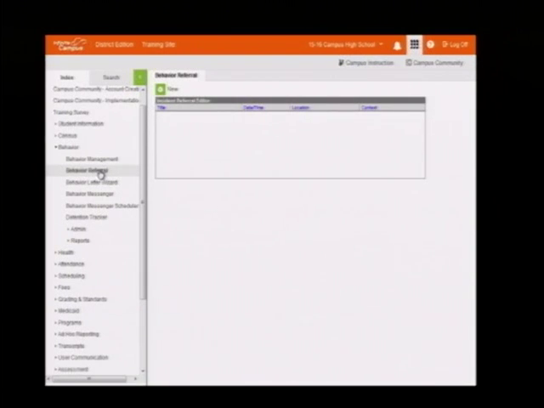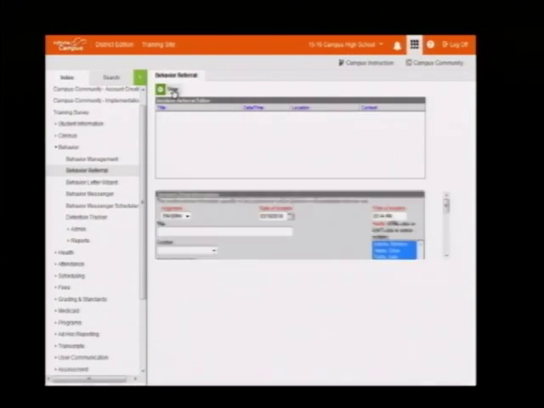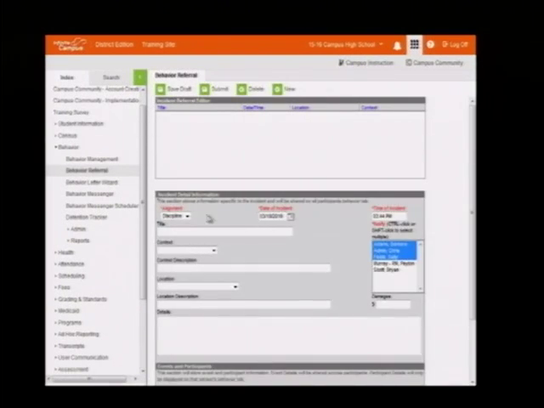All right. When we talked about behavior referral, this is where it comes from. So a person will come in, click on new, and as you see, we can actually do both positive and negative behavior. So if you wanted to award a student for doing something good, we do have the ability to track that in Infinite Campus. Starting school year, student services, we're just gonna start with negative behavior for now. Okay? All right.